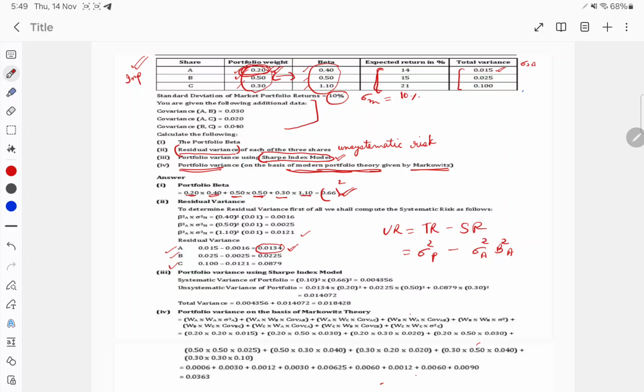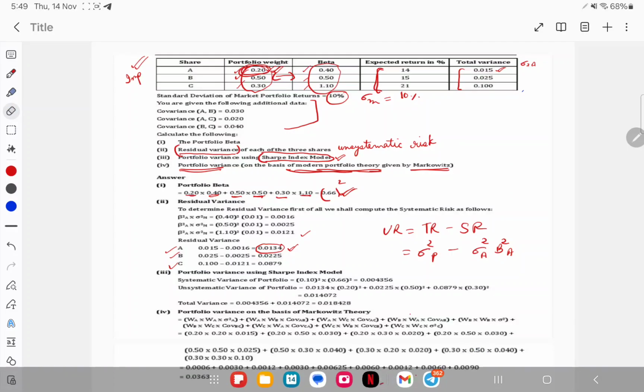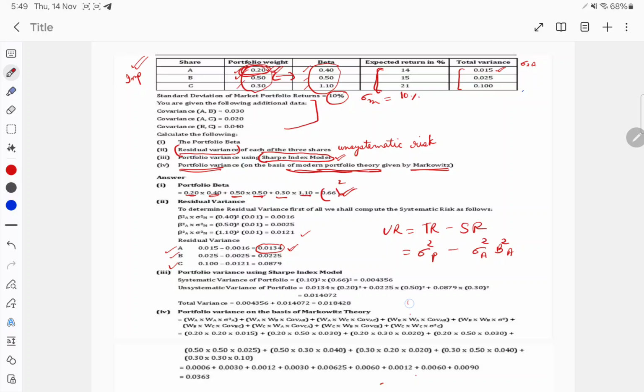You use the formula which we learned at the start of the portfolio chapter: weight square A into variance of stock A, plus weight square B into variance of stock B, plus weight square C into variance of stock C, plus 2 into,